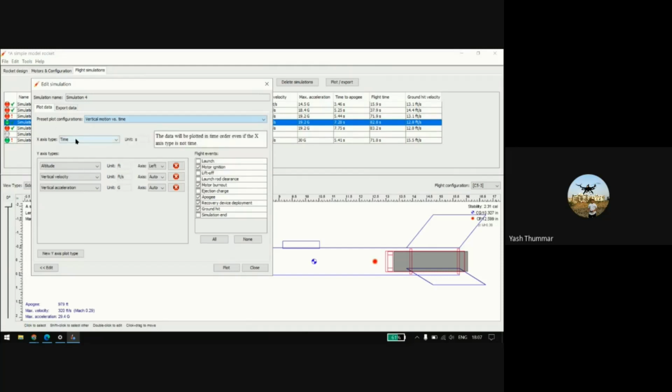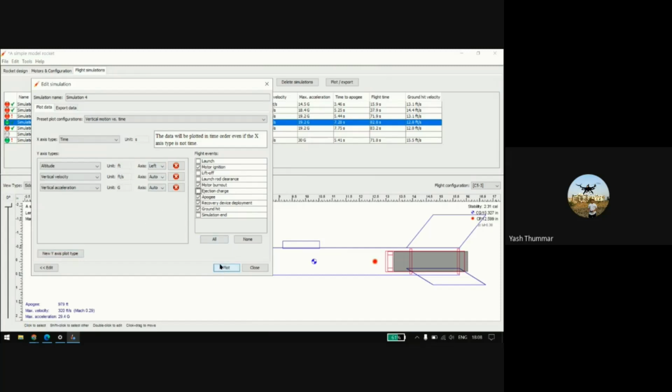The x-axis is most probably the time only, but you can also change it with respect to the altitude, vertical velocity, total velocity, specific thrust, and so on. For the y-axis there are three types you can change from here, and the unit type is here, and the left axis auto and all things you can play with in these plots.